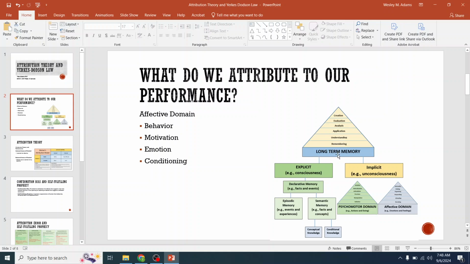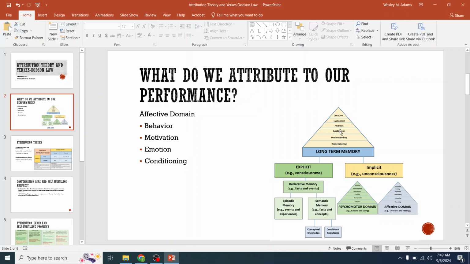So in types of knowledge, we broke it up into those two categories: conscious, unconscious, or explicit being more factual information, declarative knowledge, episodic or semantic, and then that being further broken down. But now, in the second half, we're really looking at implicit, and in terms of the role of motivation, how it influences behavior, and how emotion can also influence behavior and learning, and conditioning, that reinforcement element. How does that impact motivation and therefore impact behavior to learn certain information?